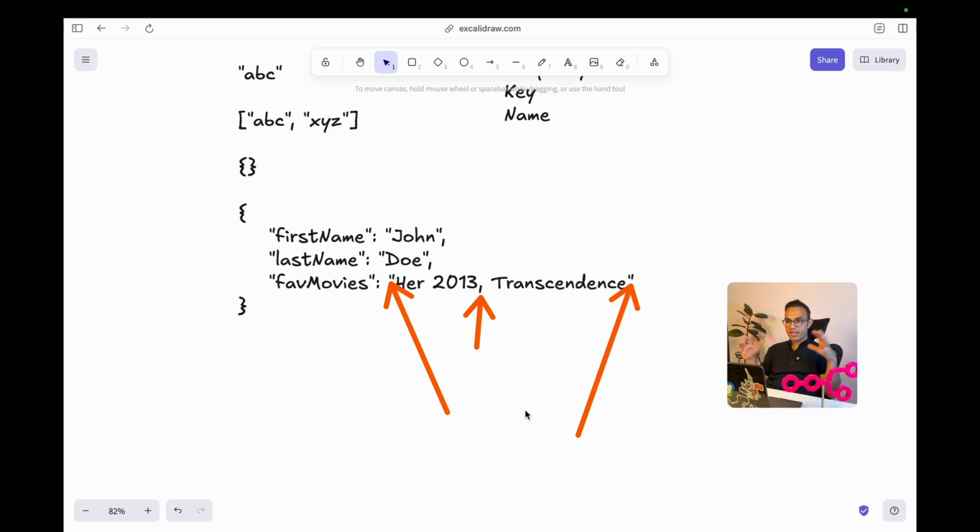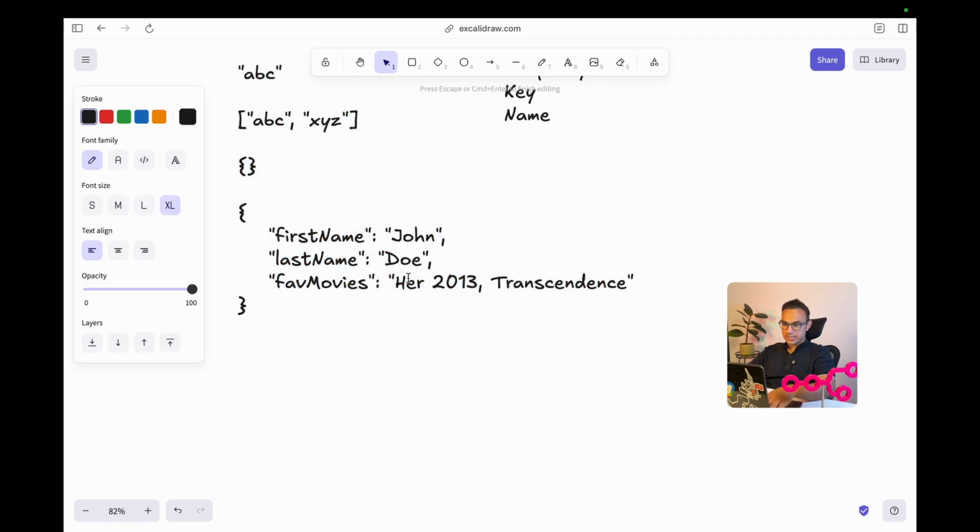So that means if I capture my favorite movies for John Doe, this one will not work very well. Why? Because in my n8n workflows, I will not be able to loop through all the favorite movies of John Doe. The best approach is that I turn this into an array of strings like this.